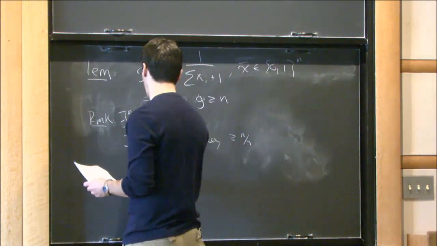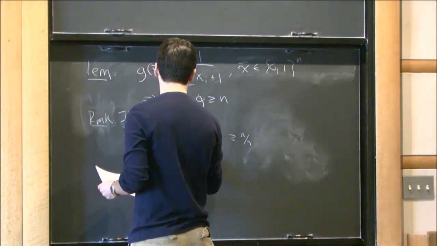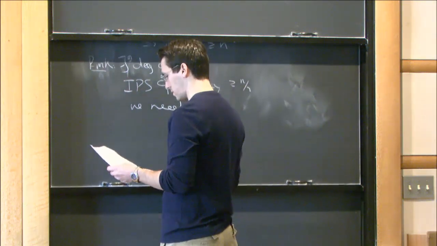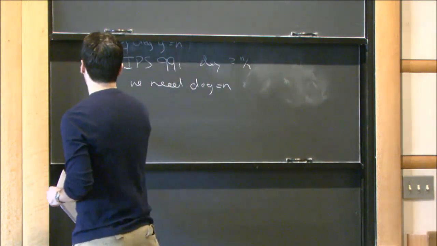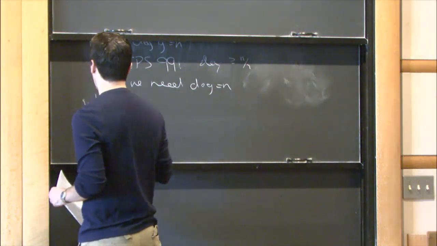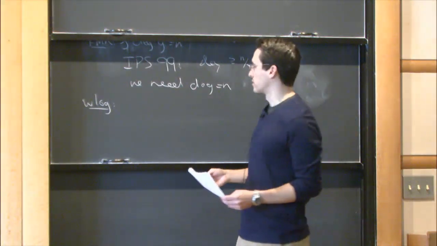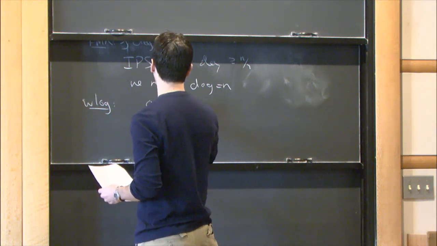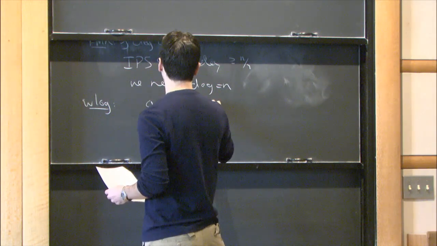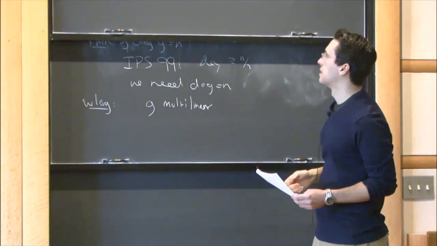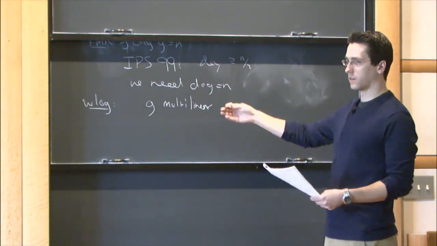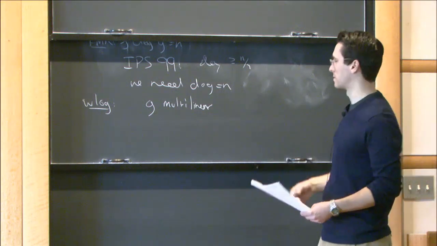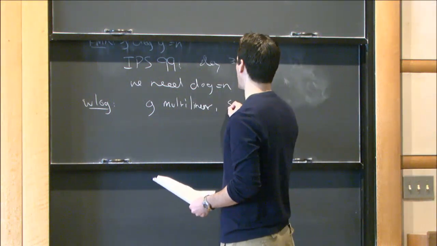So we need the degree to be n. OK. Right, so we can first make some simplifying assumptions without loss of generality. First of all, g is a polynomial. We can assume it's multilinear, because there's a unique multilinear polynomial agreeing with this function. And if you take a polynomial and reduce it to its multilinearization, it only decreases the degree, so it only makes it better. We can also assume that it's symmetric,